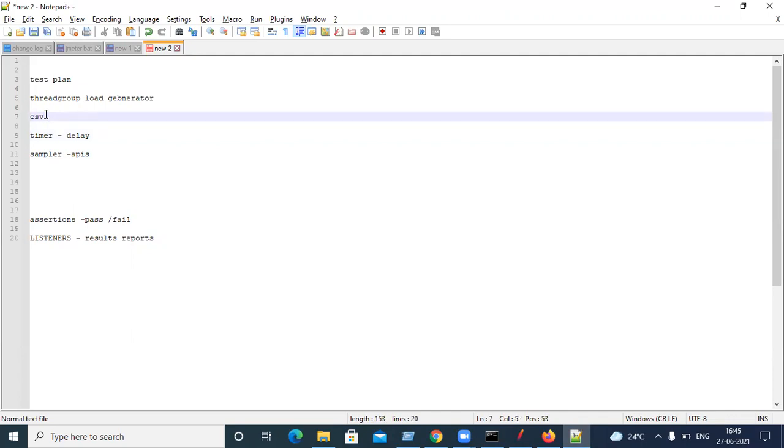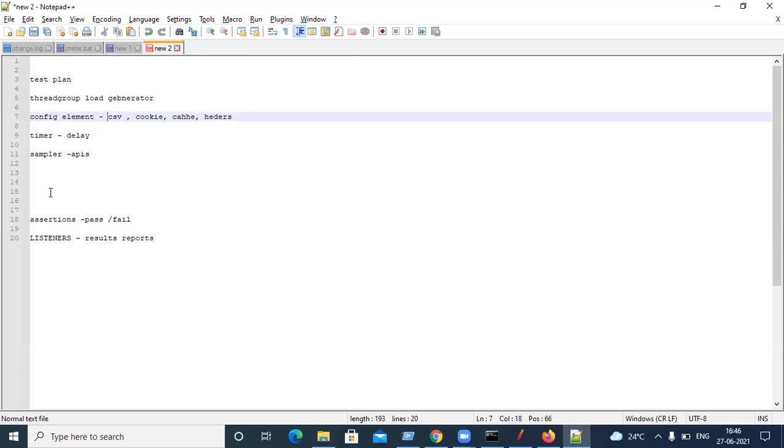And the second thing. JMeter is not a browser, but we have to mimic what a browser is doing. A browser uses cookies and caching to make the user experience good. In the same way we have to add CSV, cookie, cache, and headers, and any settings or configuration. All these components will be available in the config element. Whenever it's a configuration setting, it will be in the config elements.